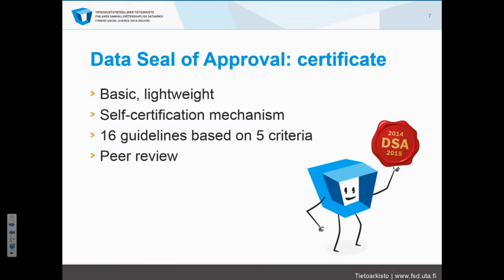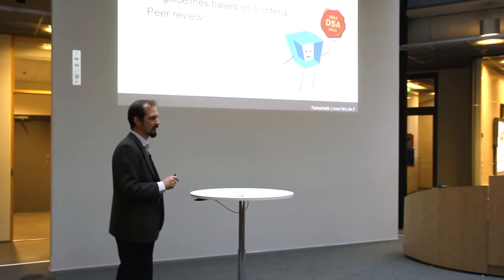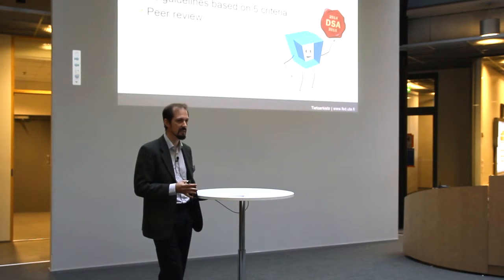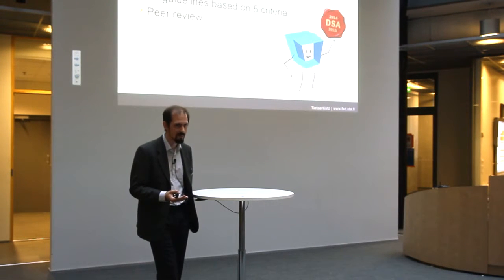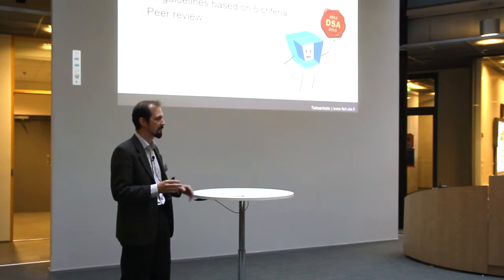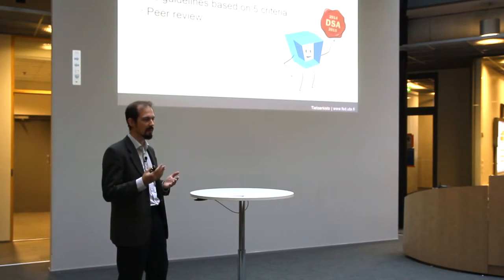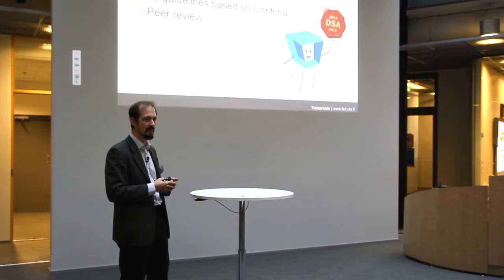There are only 16 guidelines you need to fill. But what is important is that all these are rather crucial guidelines. If you're looking for a repository that doesn't have a DSA seal or can't show anything similar, then you might question, well, why? DSA at least answers many basic questions and requires that you also have all the process documentation shown to you if you need that. So you need to document.